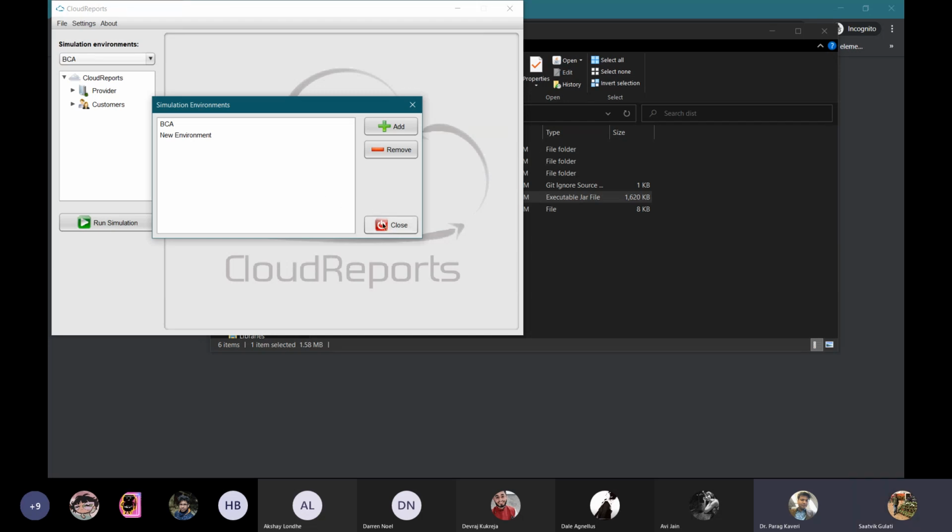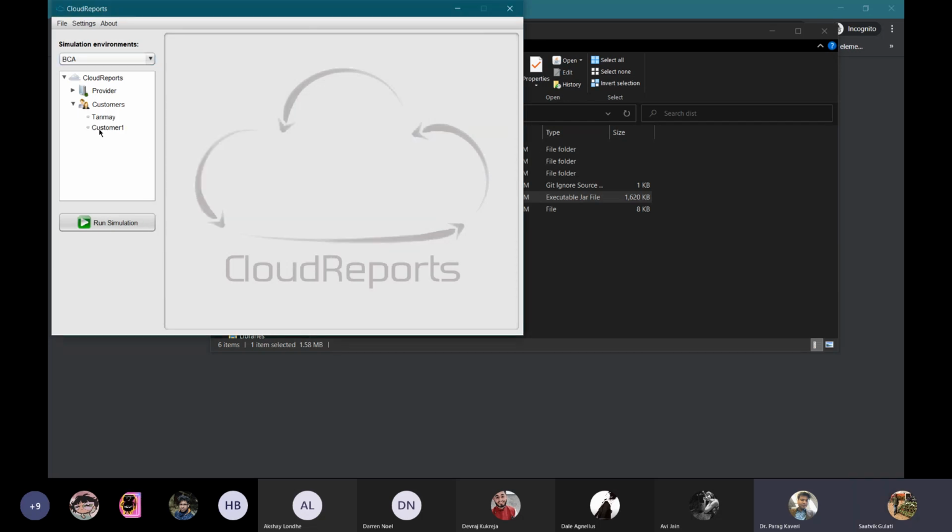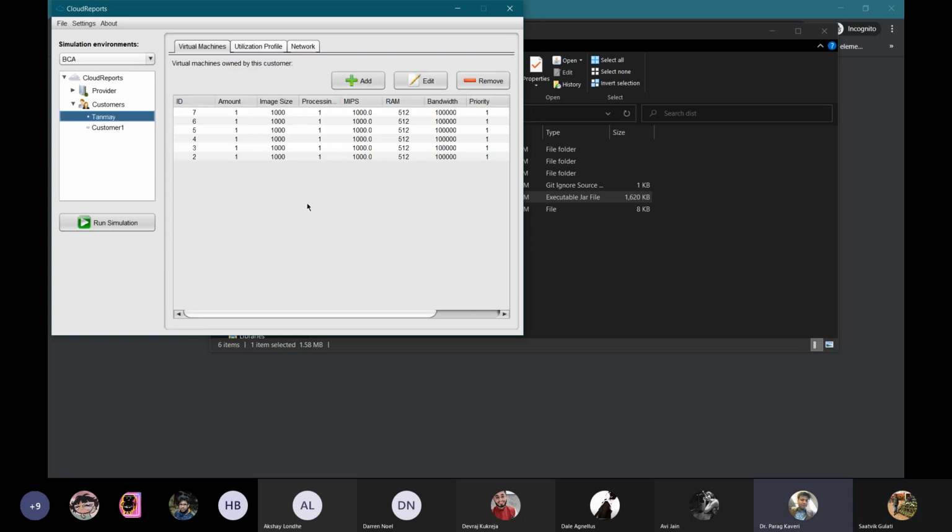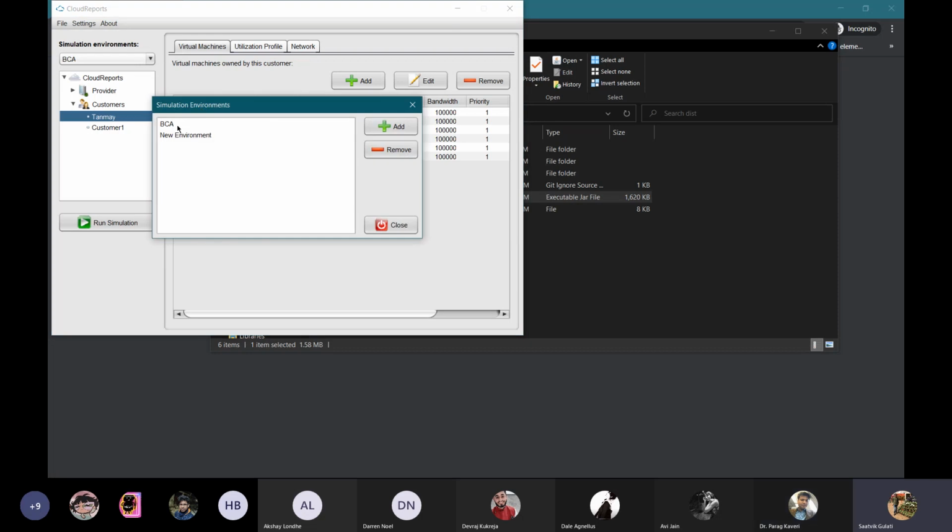Click on customer. Achha, okay. Customer. So that we will have a. Click on customer. Click on Tanmay. Yes. And now you go to remove environment. File and... That will not do anything either. No. From here, no. From there. Okay. Then no. You go in files. Okay, file, then manage.